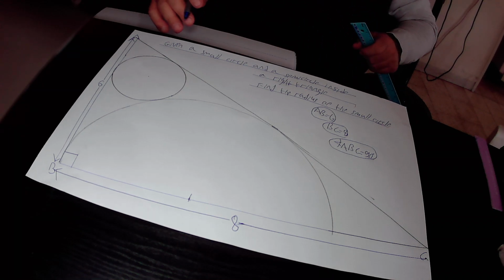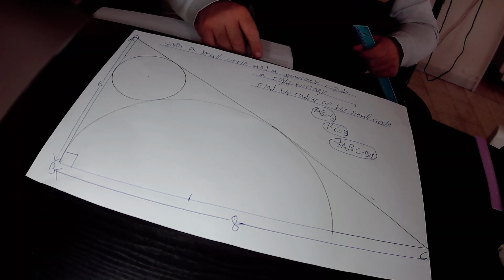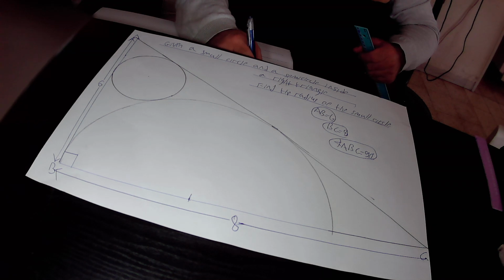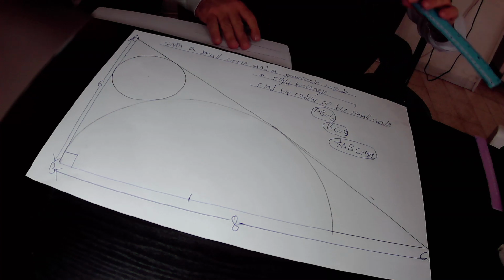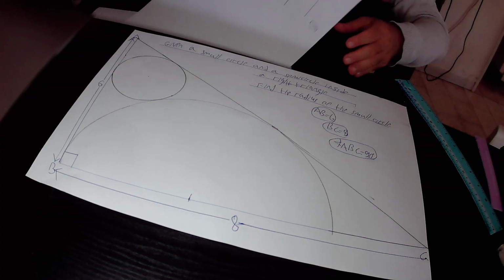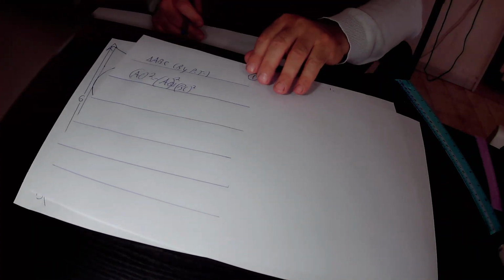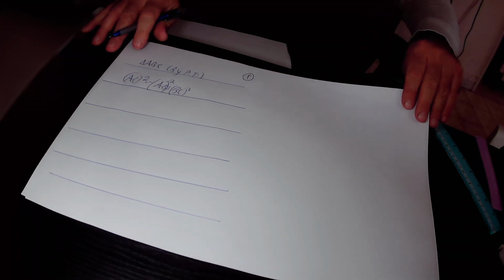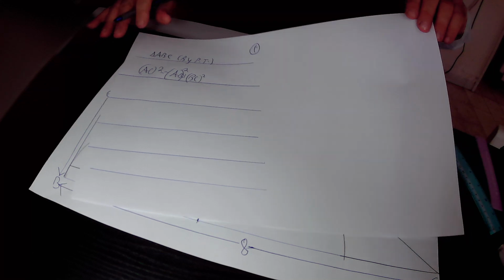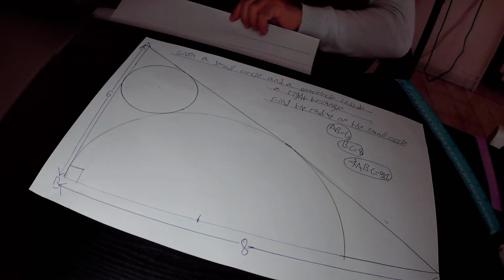So in the right triangle ABC, AC square equals AB square plus BC square. Repeat again, according to the Pythagoras theorem in the right triangle ABC, AC square equals AB square plus BC square. AC is the missing side, so we leave it as it is. AC square